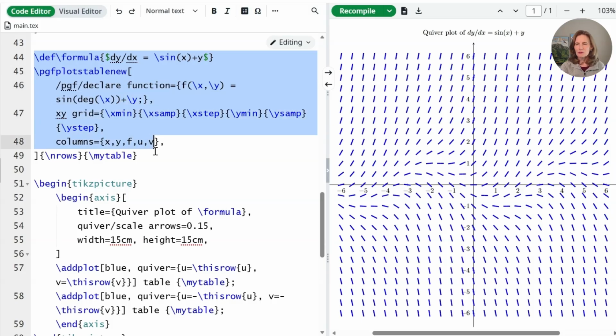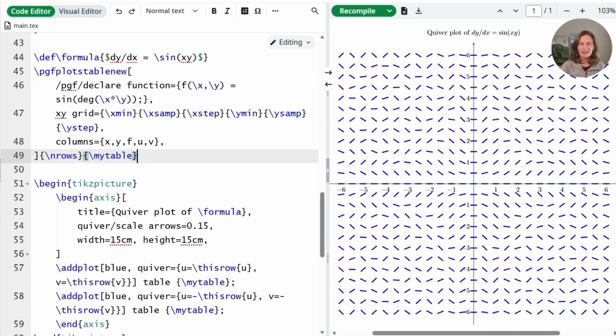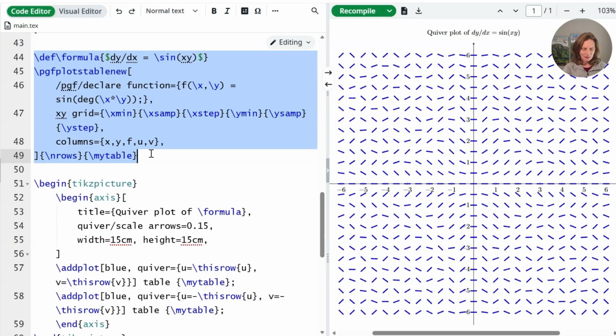I'm just going to change the function here in the PGFPLOTS declare function. So that's all I've changed here, and I'm going to make it sine of x times y. I compile that, and now we get that fun needlepoint looking pattern that we had in the prior episode. That's kind of nice. Now let's try dy dx equals the exponential of x